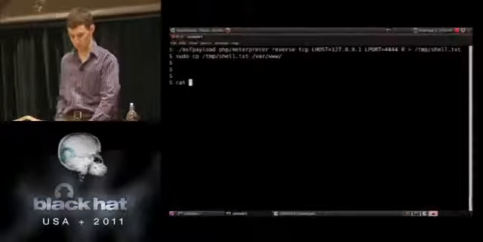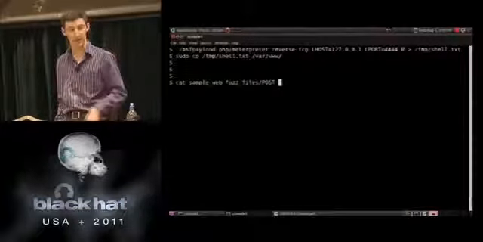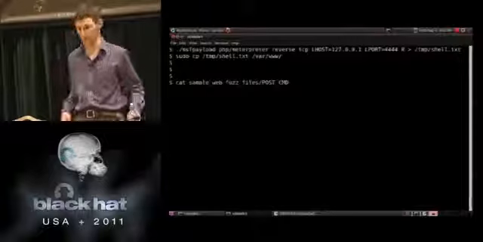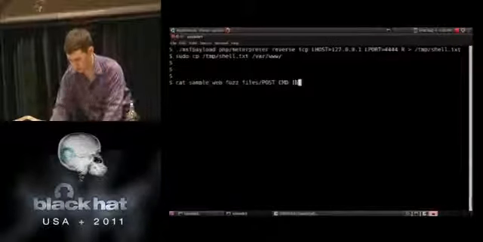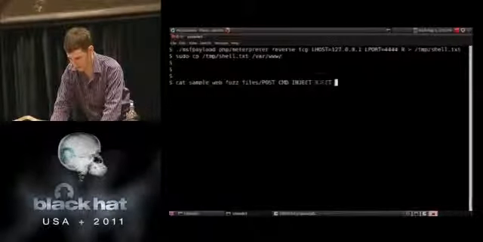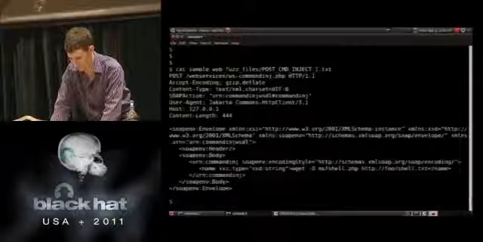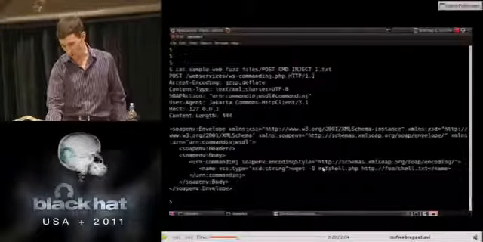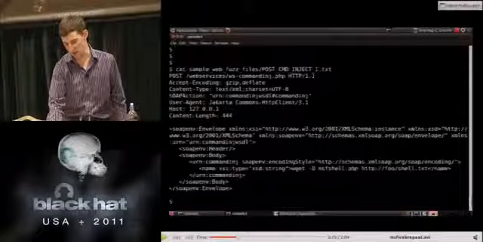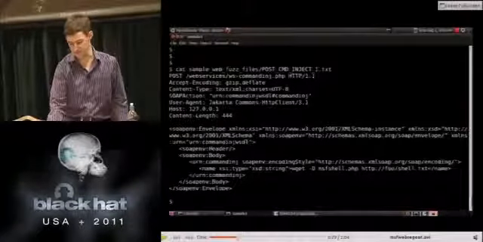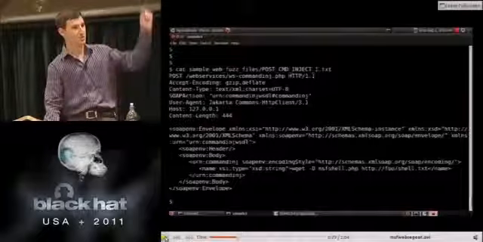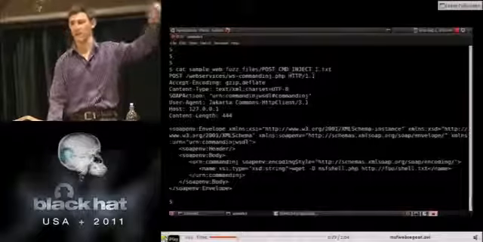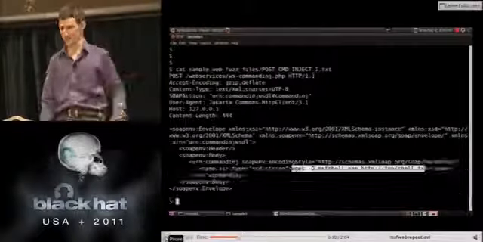Next, we're going to cat the sample file so you guys can see what we're doing here. No tricks up my sleeve. It's going to do a wget -O, store it as MSF shell, and it just does wget on the shell.txt. So this would wget it inside of the context of the damn vulnerable web service. It just so happens that that's going to also be localhost.